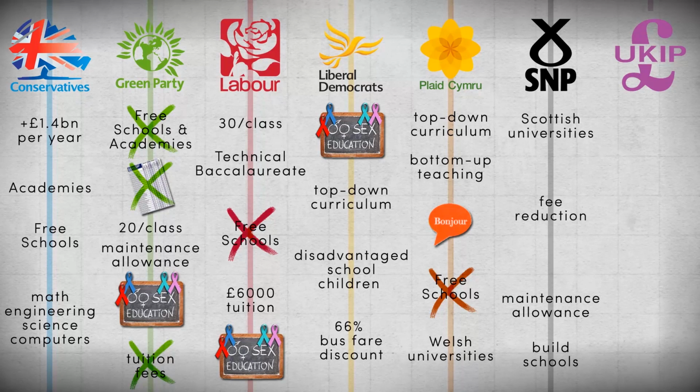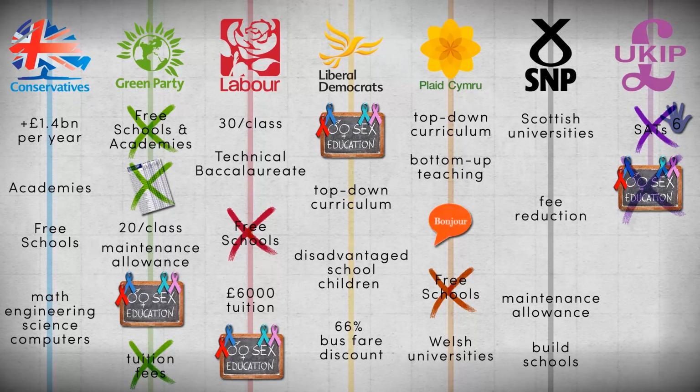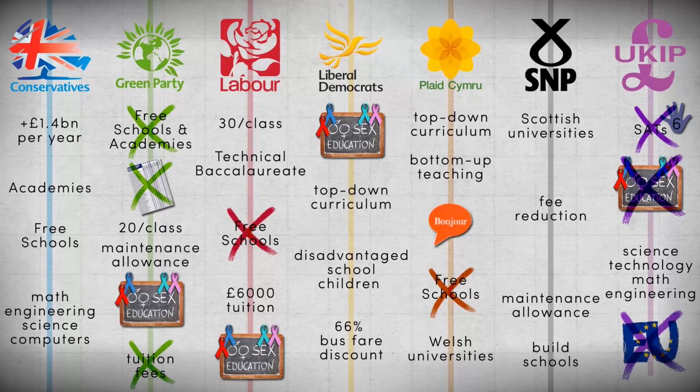The UK Independence Party would end performance-related pay for teachers and stop Stage 1 SATs for children aged 6 to 7 in order to discourage teaching to the test. UKIP supports age-appropriate sex education, but is quite clear that this would not apply to primary school children. Finally, they would promote sciences, technology, mathematics and engineering by scrapping student loans for those students after they have worked 5 years in a related job, and would allow universities to charge international student fees to students from the European